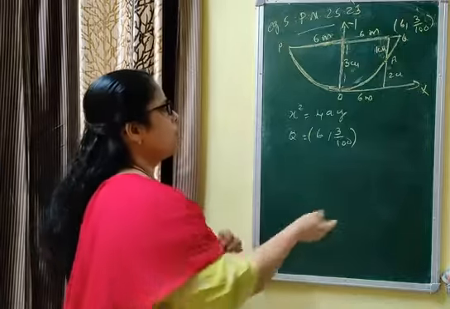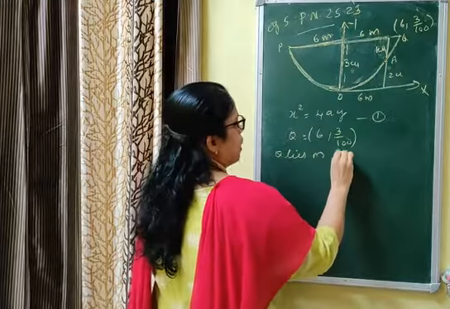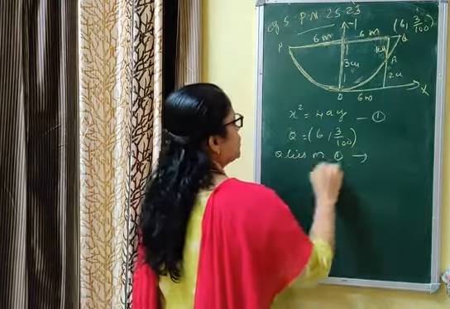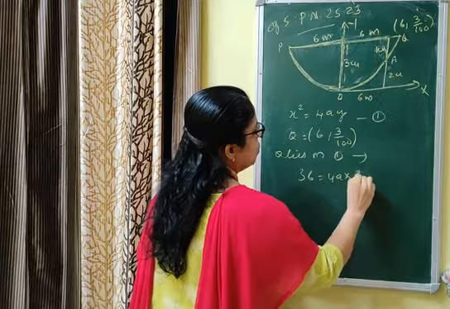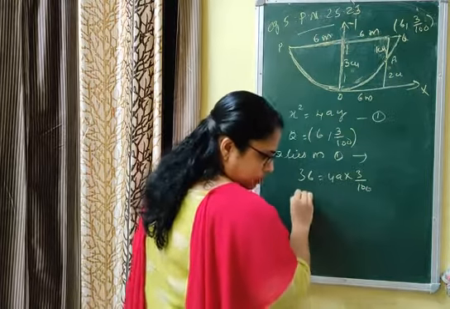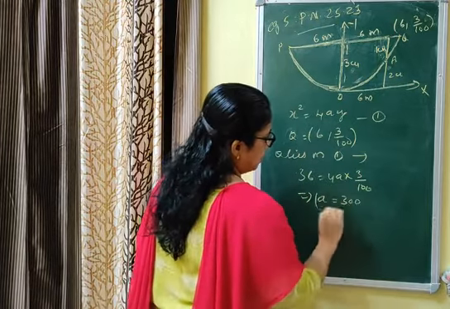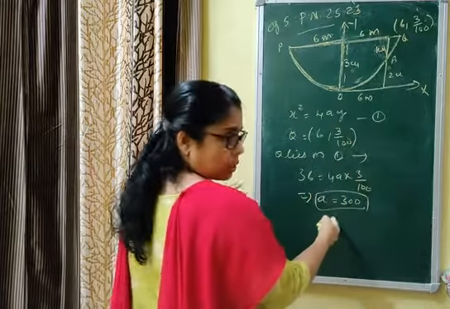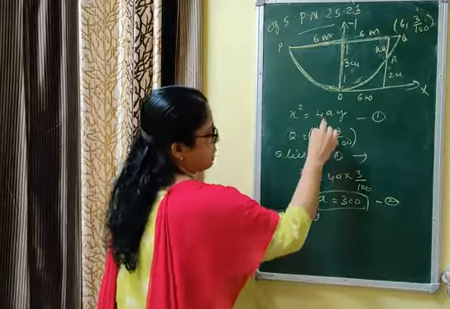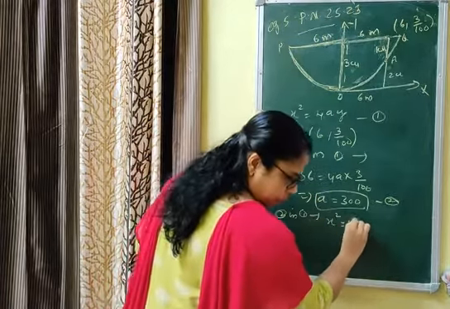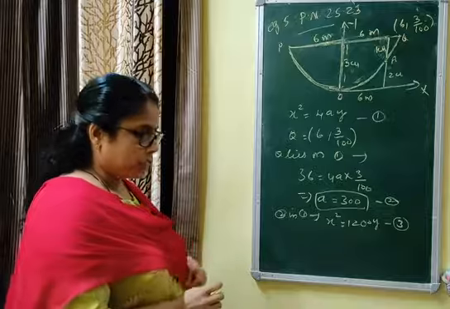Now, the next step is we have to find the value of a. Q lies on which parabola? x square equal to 4ay. That is, Q lies on 1 gives x square is 6 square, that is 36, is equal to 4a into 3 by 100. Now, by solving it, you will get a is equal to 300. That is first step over, second step over, third over. Then the fourth one is putting 2 in 1. 2 in 1 gives, you have to replace a by this one, x square is equal to 1200y. That is the third equation that we have to use for finding the given point.